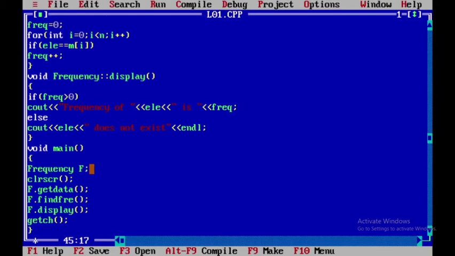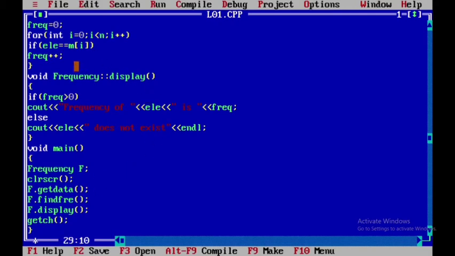Okay, and clrscr, in order to clear the screen which includes previous outputs. Okay, so here I am calling the member functions get data, find frequency, and display respectively with the help of the dot operator. For example, f dot get data, in the sense the control will be moved to the get data function.